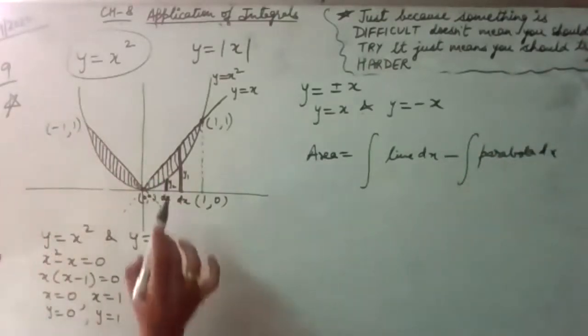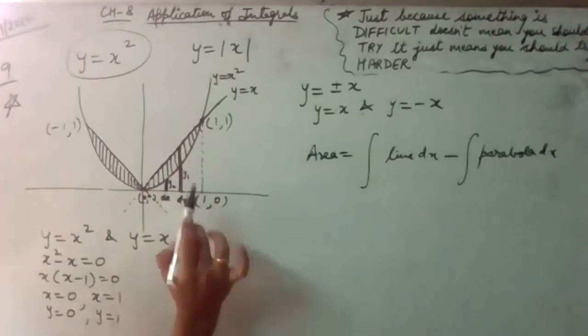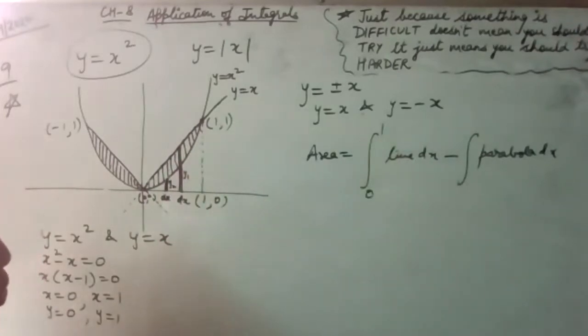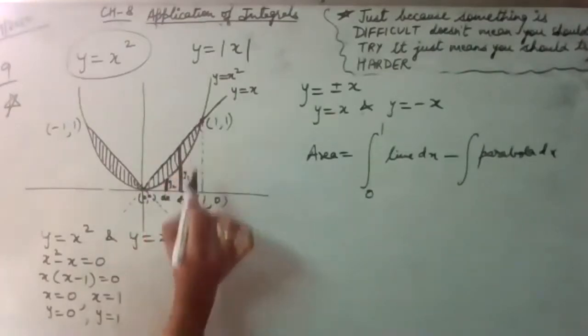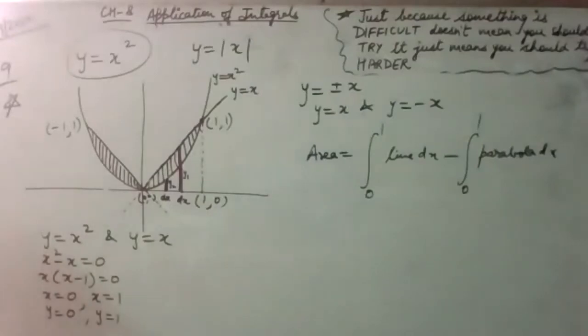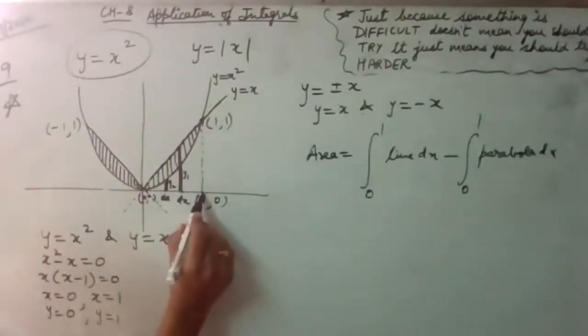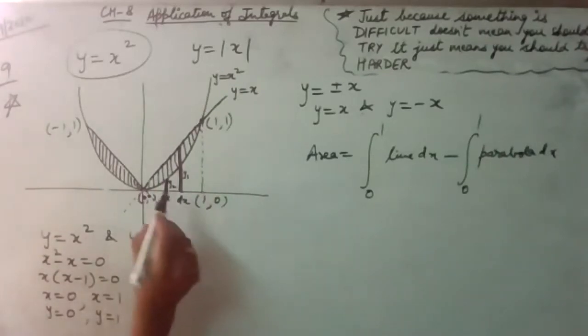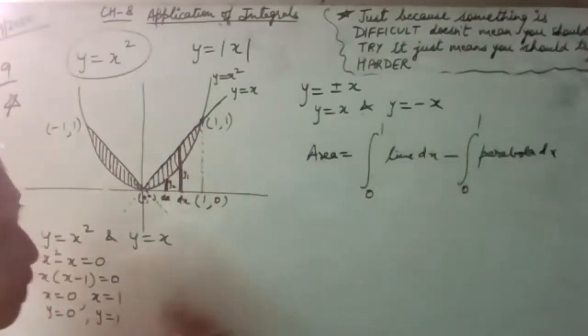And what will be the limits? ये वाली स्ट्रिप भी जहां लाइन भी देखो 0 से लेकर 1 तक, line is from 0 to 1. So the limits are 0 to 1. And this parabola is also going from 0 to 1. तो यहाँ पे भी लिमिट क्या रहेगी 0 to 1. ठीक है, लाइन 0 से लेकर 1 तक हम हॉरिजॉन्टल वाली लिमिट्स अज्यूम करते हैं, तो it is 0 to 1. Parabola is also going from 0 to 1, तो ये भी 0 to 1 है.